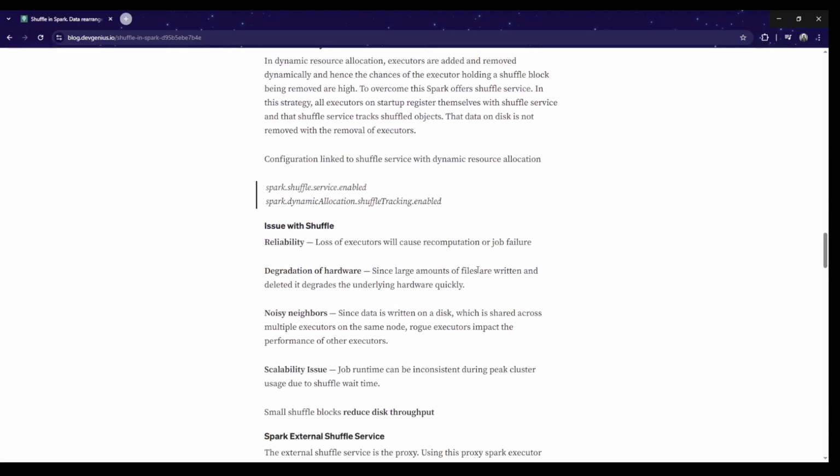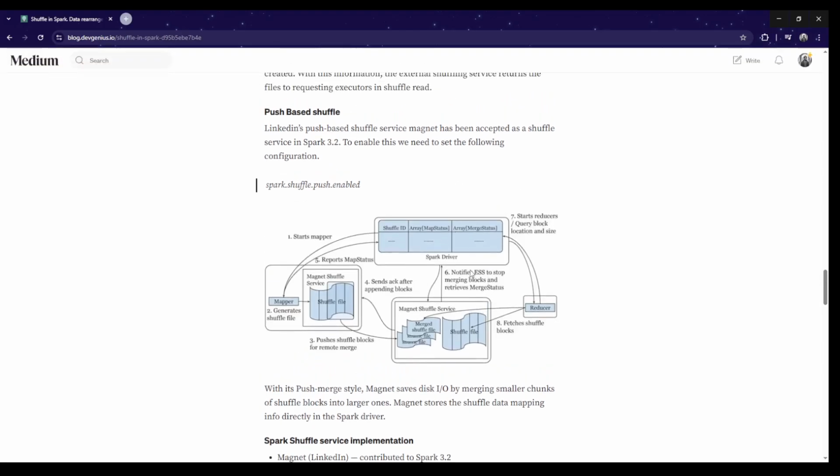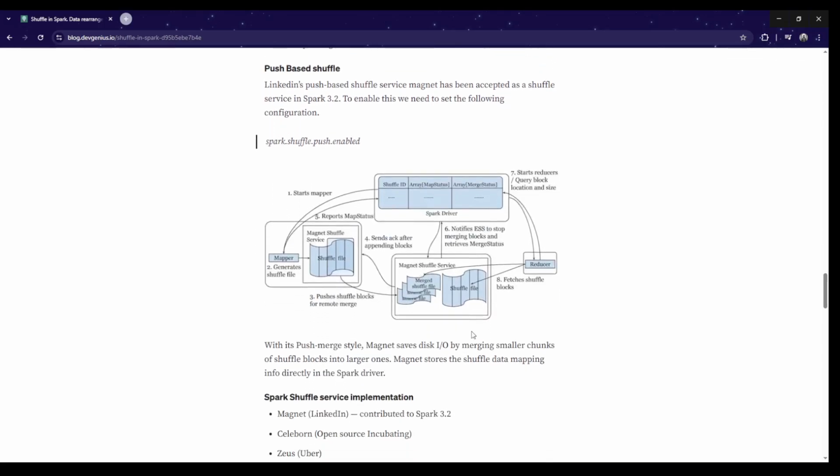For example, this is one implementation of the Shuffle Manager by Uber. No, sorry, I don't think this is Uber. This is LinkedIn. So this is Magnet, which the LinkedIn team built, and then later on it was donated to Spark 3.2. So how external shuffle service works in Spark is that on each of the nodes there